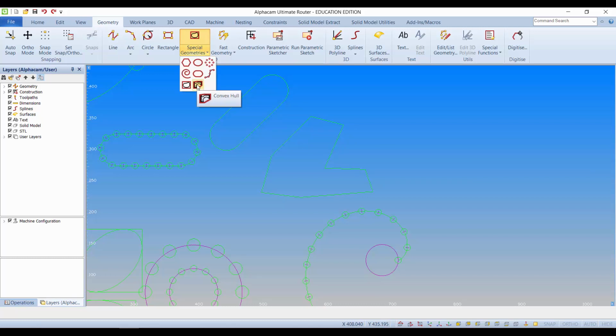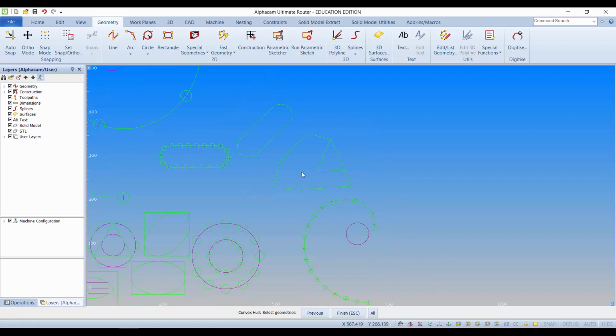This is the convex hull command, and it simply means if I select that and the shape and press finish, it puts a bounding box around it, but it never puts any of those negative indentations, those little concaves in it. So it's put that shape around my shape. It's ignored this shape for me. It's effectively a good way of making blanks or pieces of material the right overall shape, but then that need to be machined afterwards. So in this case, I could machine that outer profile, but then machine out that little